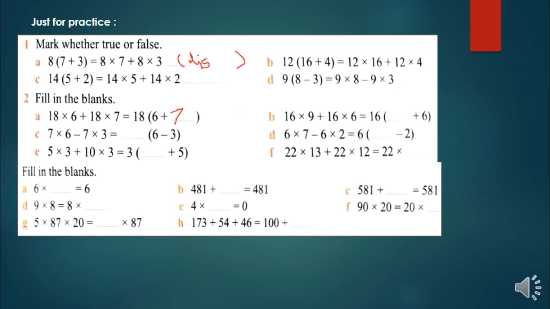Try to solve it. Fill in the blanks. Depending upon the properties, 6 multiplied by which number do we get again 6? Means the identity of 6 does not change. Here order doesn't matter. Here, which property can we use, depending on that, write and try to solve this question.